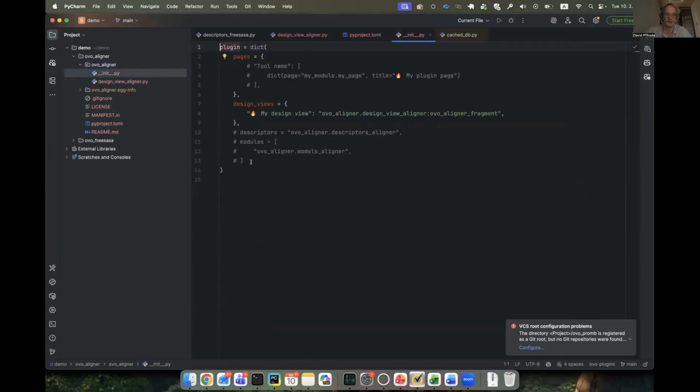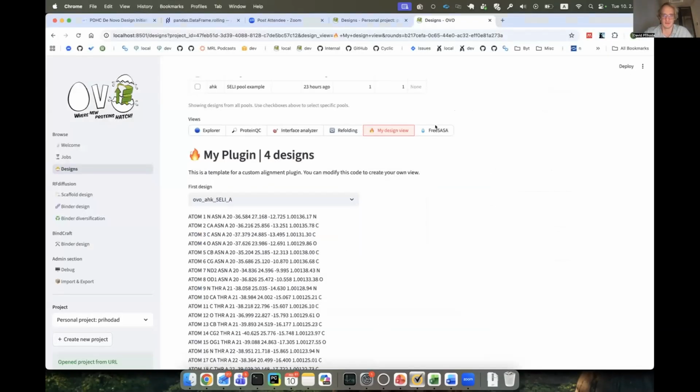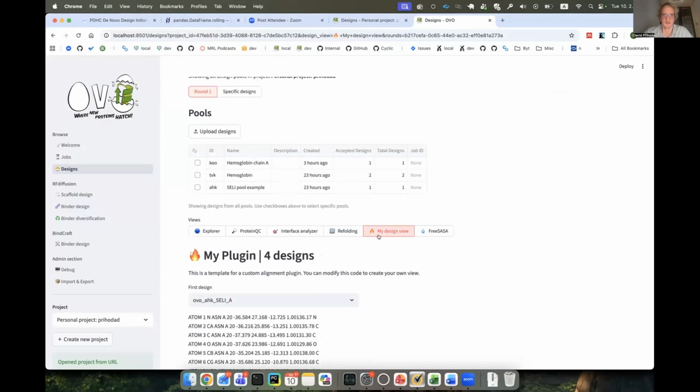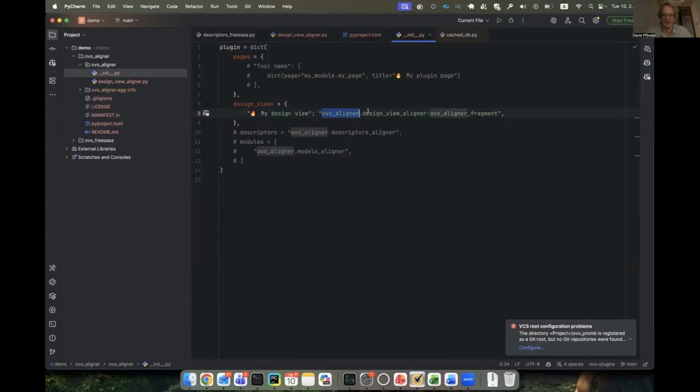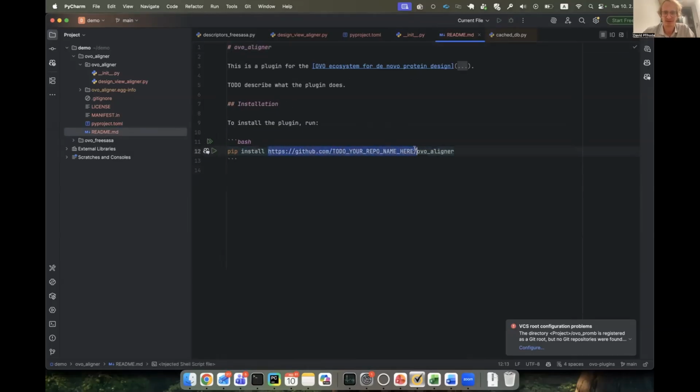The plugin always needs to have this init py file where you actually define what the plugin provides. So this is where you say this plugin provides what we call a design view. A design view is a tab here on the designs page that analyzes designs, and it just points to the function in this file. There's also a README that you can update to reflect your plugin, and importantly,